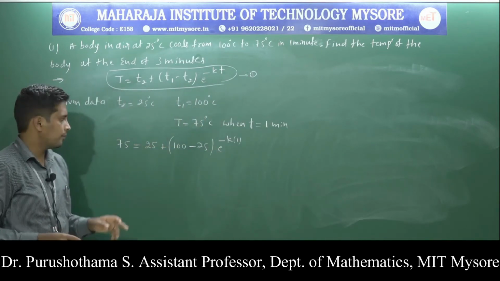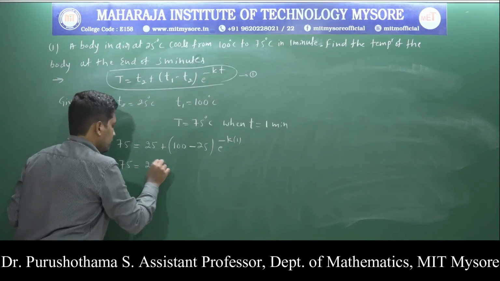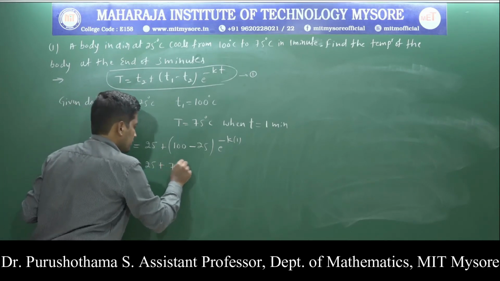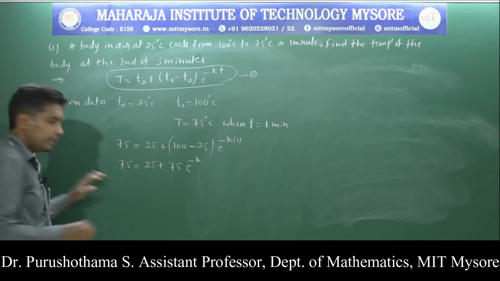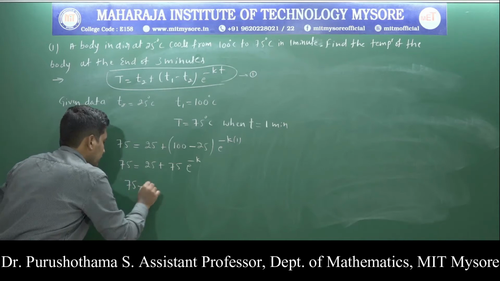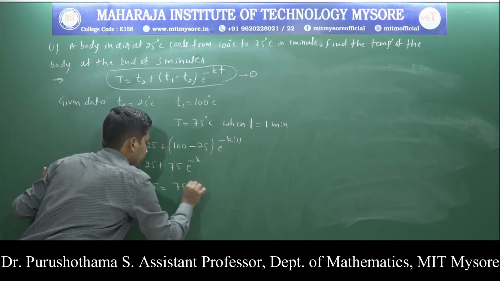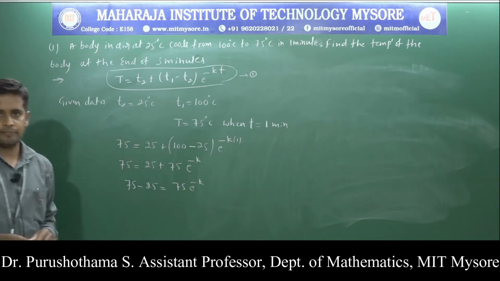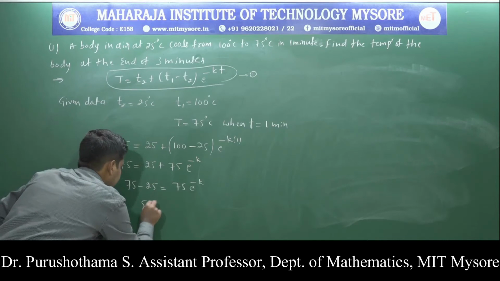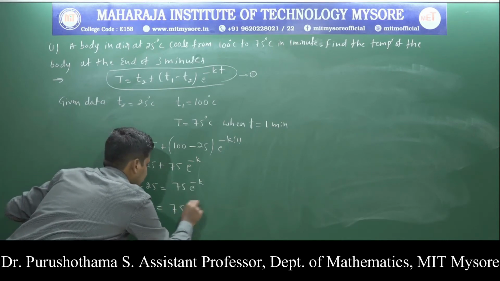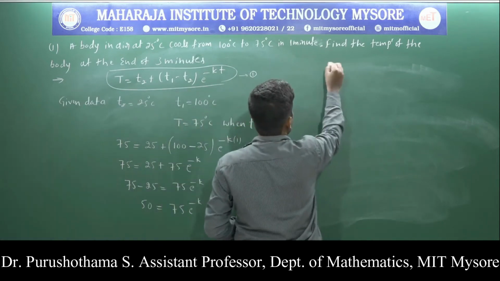That is 75 minus 25 equals 75 into e power minus K, or 75 minus 25, which is 50, equals 75 into e power minus K, so 50 by 75